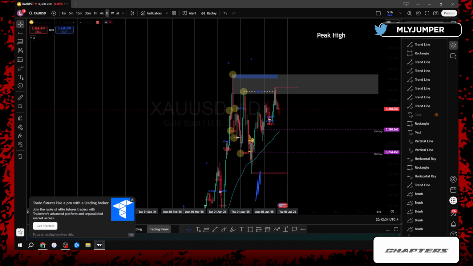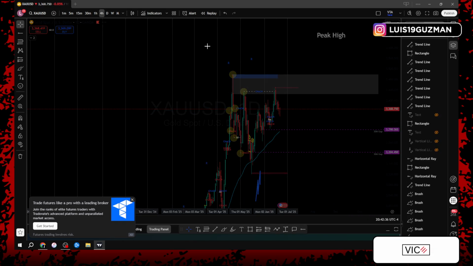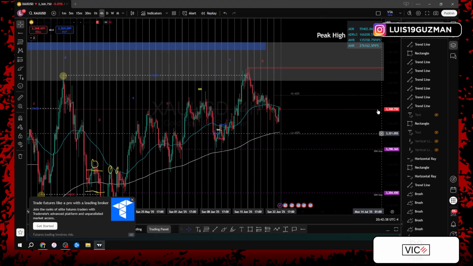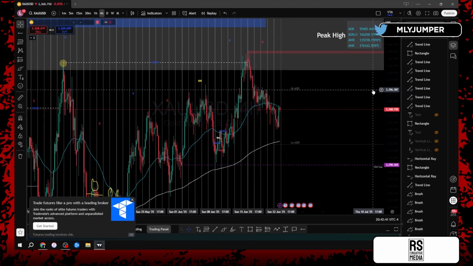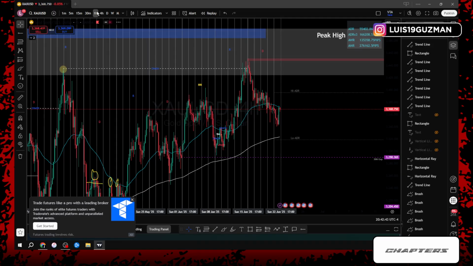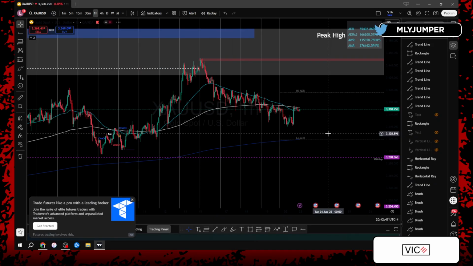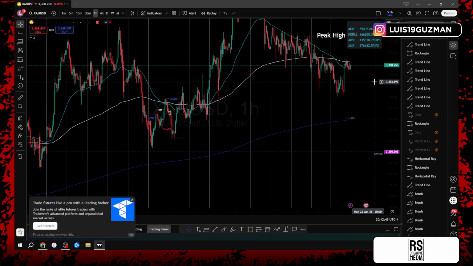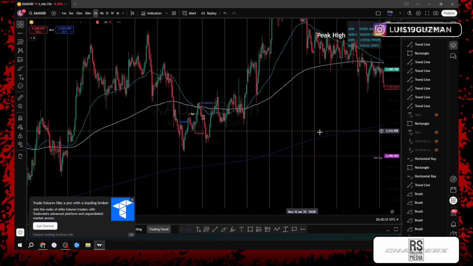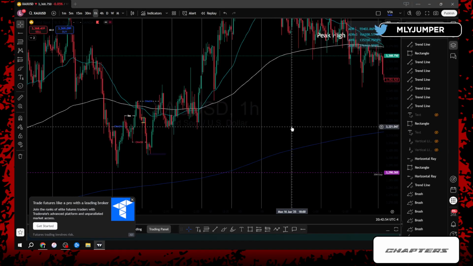Let's start from the top to the bottom. Once again, I would love to see price go down based off the fact that we have these gaps at the bottom of the market, but that's okay. We know that price eventually has to go down. So if it doesn't go down now, that's okay. It doesn't have to go down now. It could go down in a week, 2 weeks, 3 weeks, 2 months, 3 months, right? We know that it has to go down and we'll wait on it.